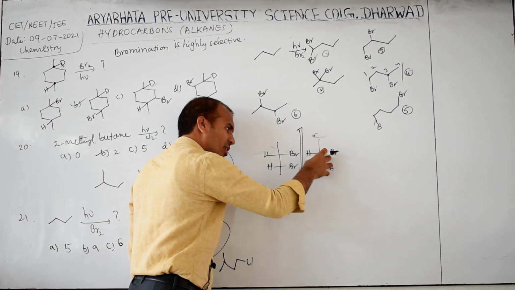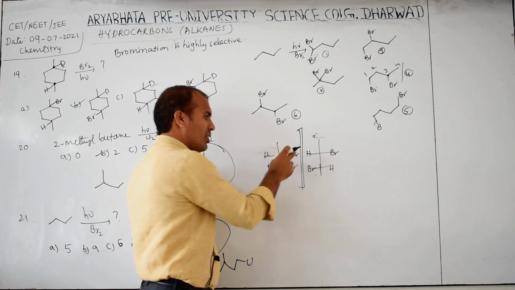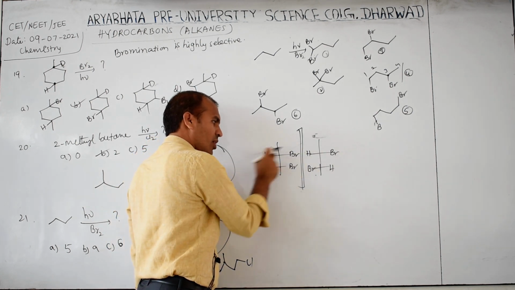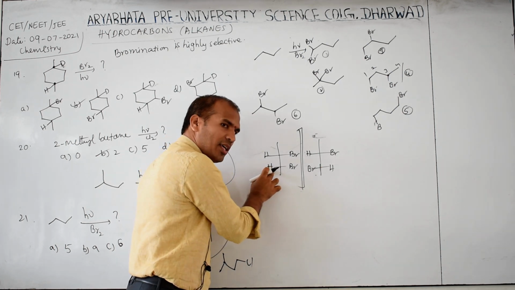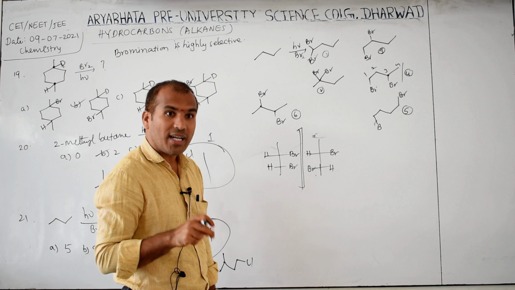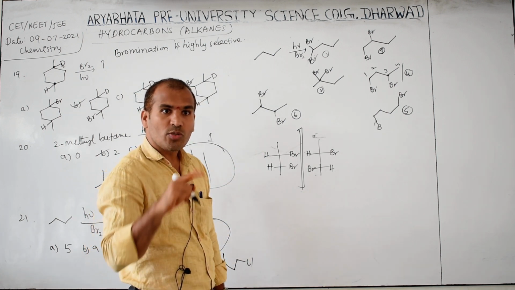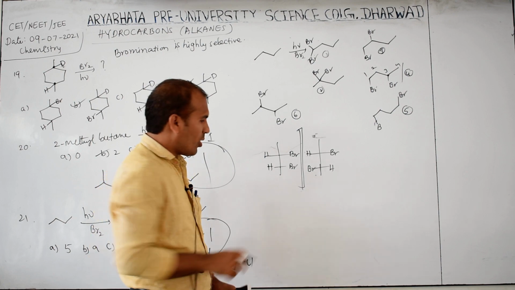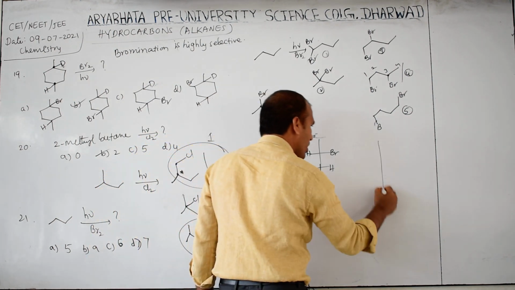So now take this one and place it on this one. This part is superimposable: hydrogen, hydrogen, bromine, bromine, CH3, CH3. But now here H is there, and here bromine. So not superimposable. Then this is a diastereomer. So how many diastereomers are possible like this? 2 diastereomers are possible. One has the down part bromine, bromine, with its mirror image. Second time, what is the mirror image?